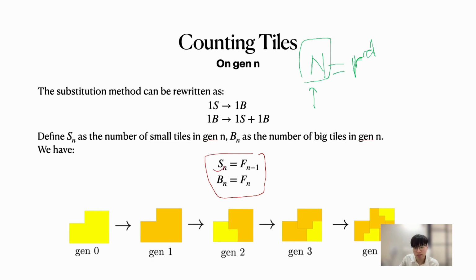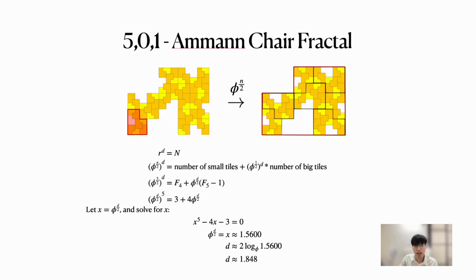So here Sn is equal to Fn. Sn over here is the number of small tiles in generation n, and here is the number of big tiles in it. The big tiles are Fn, and the small tiles are Fn minus 1, so the small tile count is lesser. Okay, so after we have this, then we can go on to evaluate the dimensions of